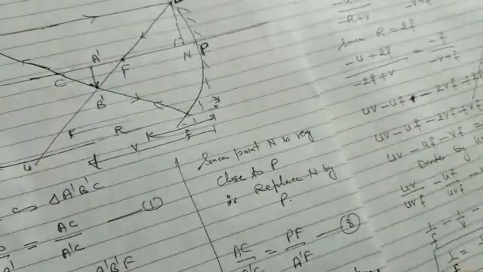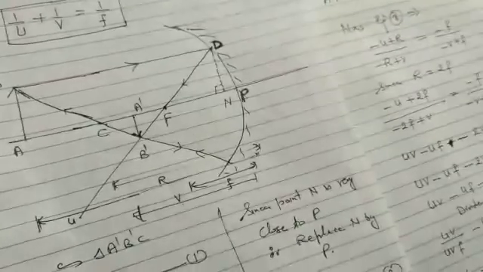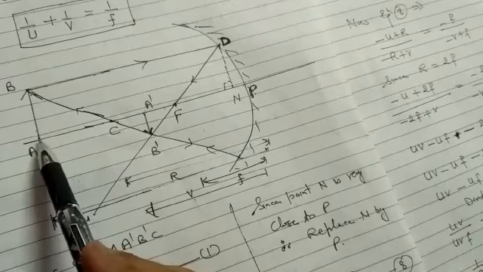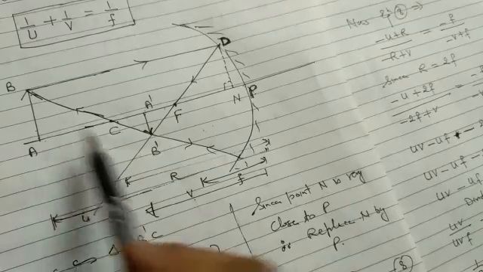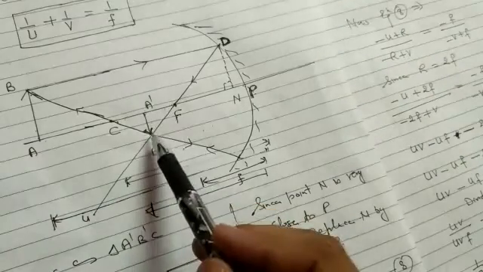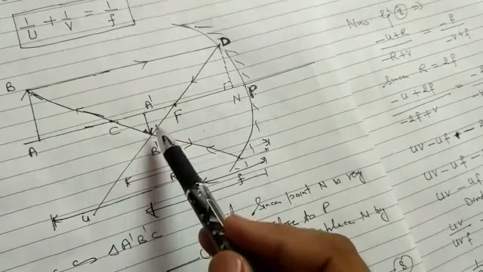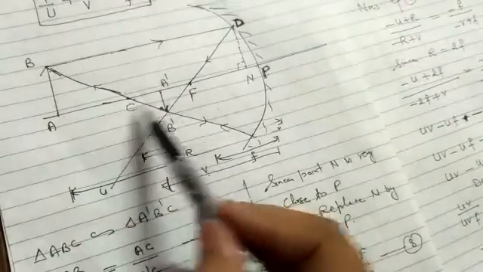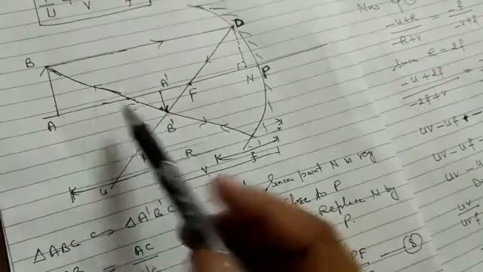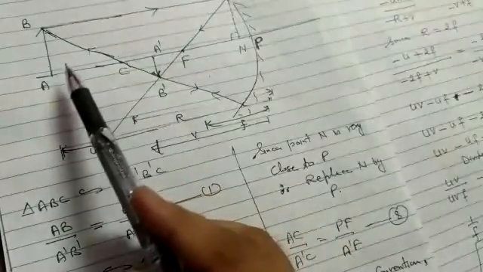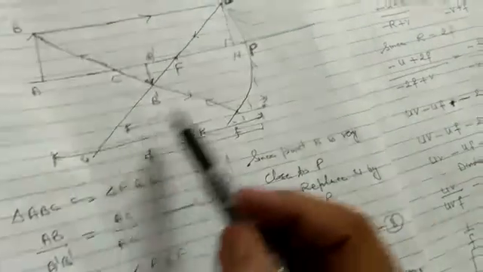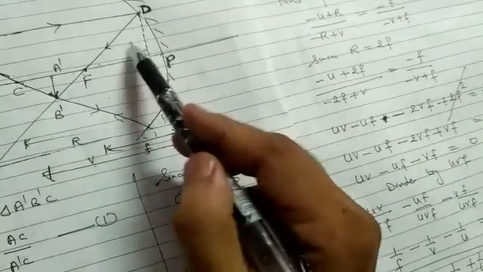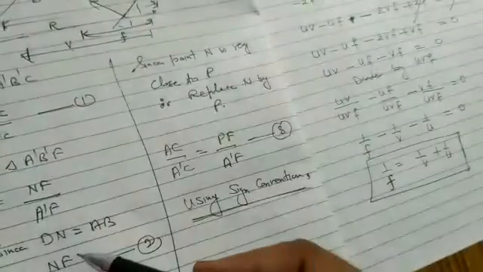So remember the steps here. First, remember the diagram. Place the object AB on the principal axis, say beyond C, then the image is always formed in between C and F, and it is real, inverted and small in size. In the first step, find the triangles which are similar. In this case ABC is similar to A dash B dash C, then we can write that the ratios of the sides are always the same. Likewise another pair, DNF similar to A dash B dash F, again in the same manner we can form the equations.